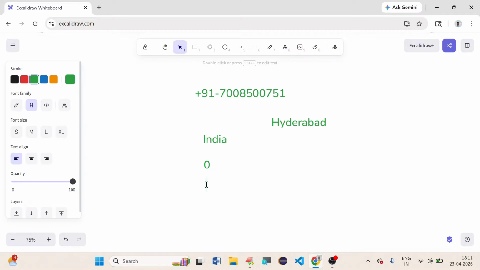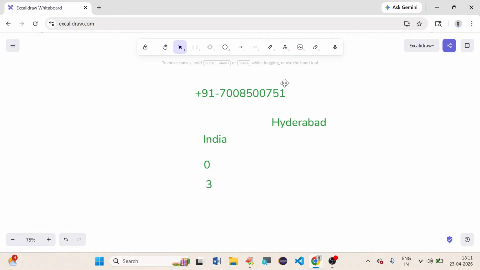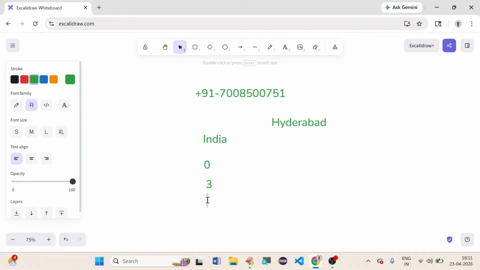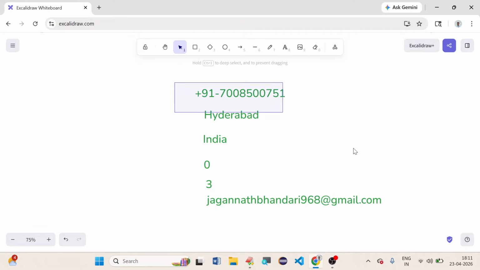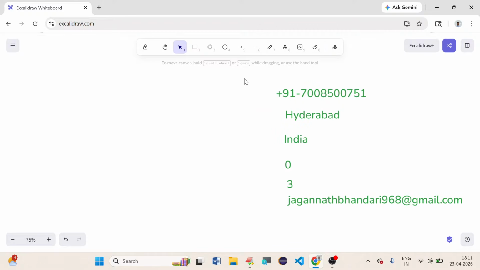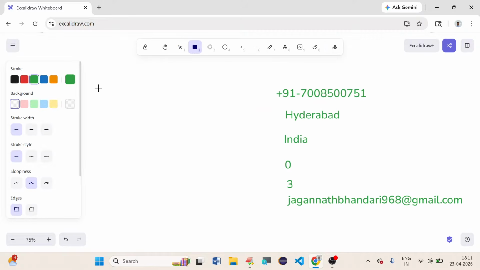Then I have another value, that is 3. And then I have another value. All right, now these are some values. Now what I am going to do is, let us say for example, I'm preparing